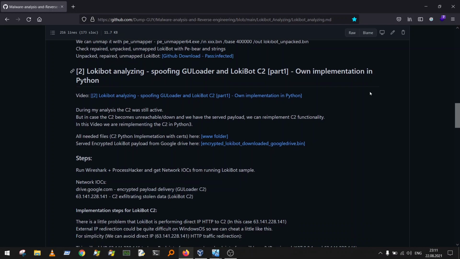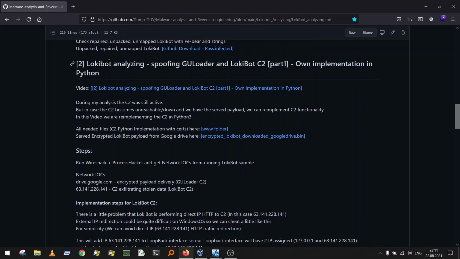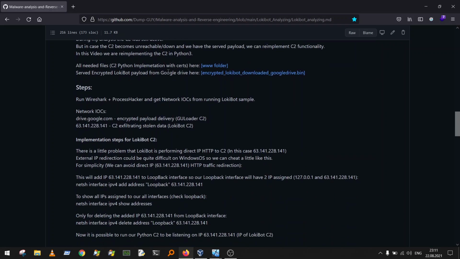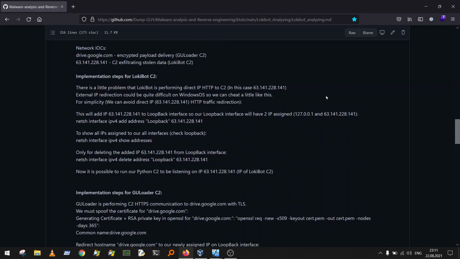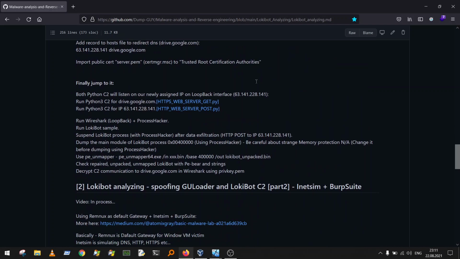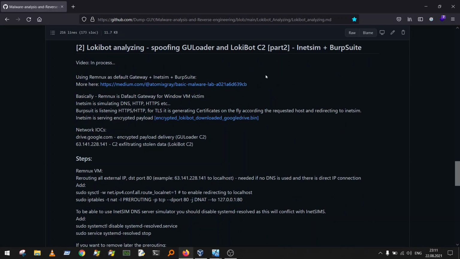If you missed that, you can check it on YouTube too, where we basically do the same, spoofing GULoader and LokiBot command and control server, but with our own implementation in Python. So it required Python scripting and other stuff. It was more difficult and more time consuming, but this time we will be using very reliable and useful tools